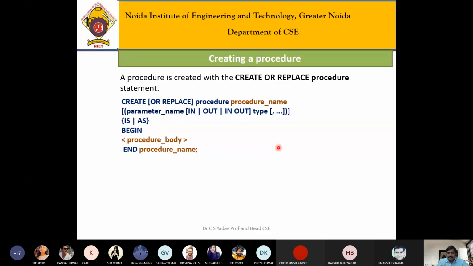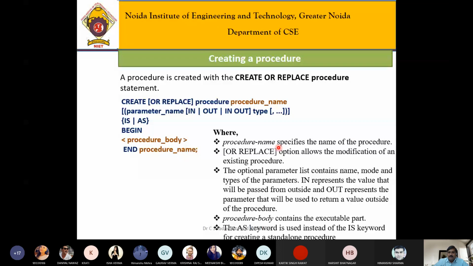Yes, sir. Here see, replace is optional. Suppose we write create procedure name, and if that procedure already exists, then we get the message that the procedure already exists. But if you write or replace, then the existing procedure will be replaced by the new one.